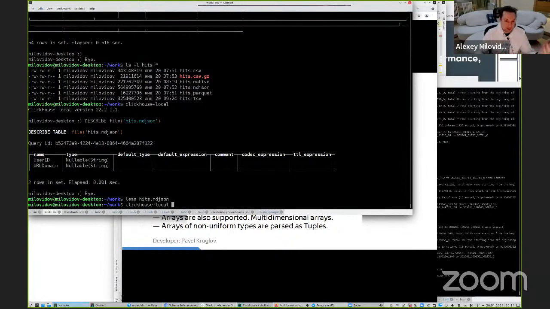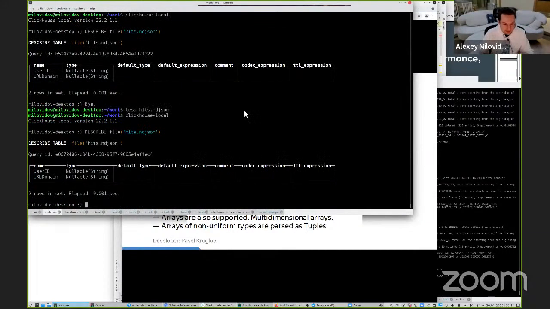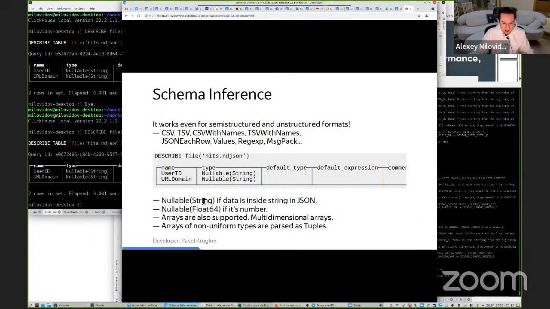So it is much better to have these numbers inside strings in JSON. We also support arrays, even multidimensional arrays, even arrays of different types.